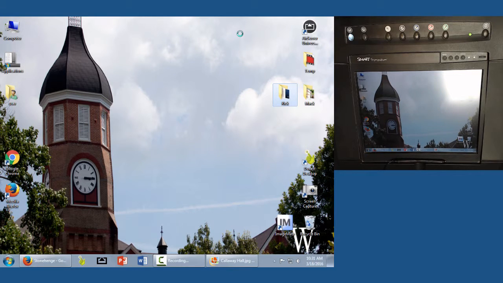The Smart Ink toolbar is not on your desktop until you press one of the annotate buttons at the top of the Smart Sympodium. So when I press the blue annotate button, I can see the Smart toolbar appear at the bottom right corner of my screen. If I don't like where it's positioned, I can easily use my pen and drag it to another location on the screen. I can immediately begin writing Smart Notes on my desktop,